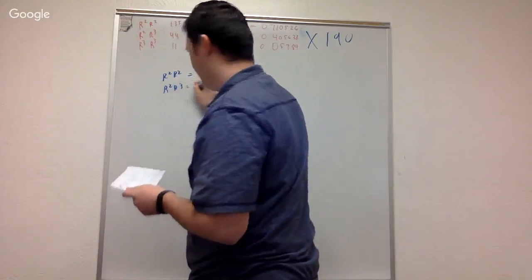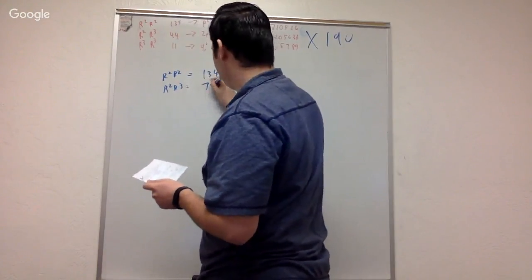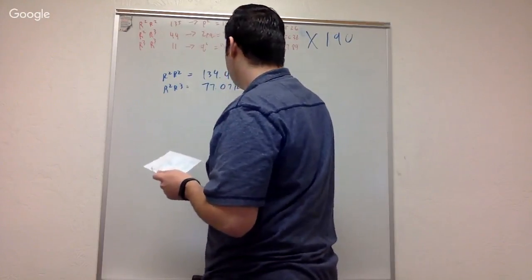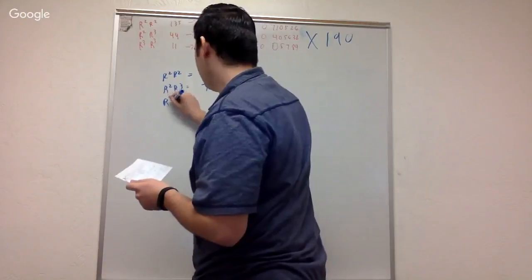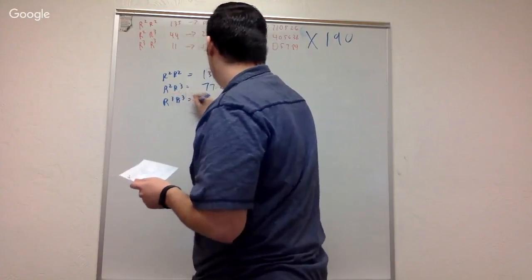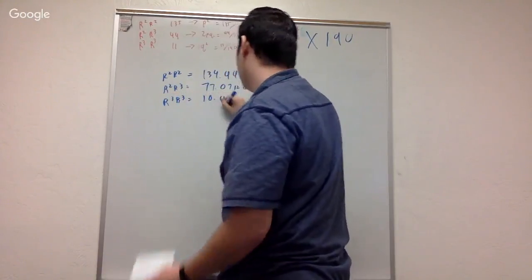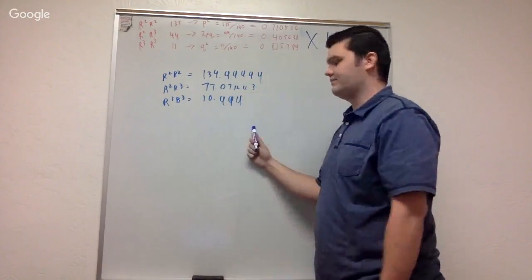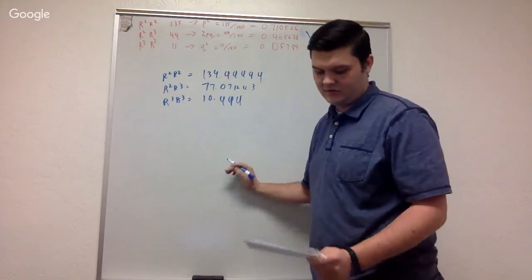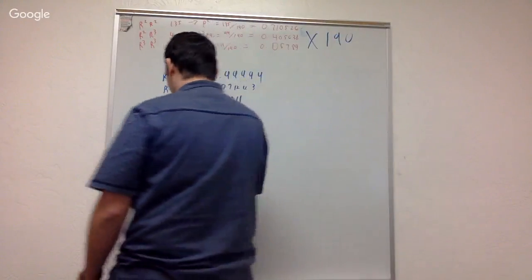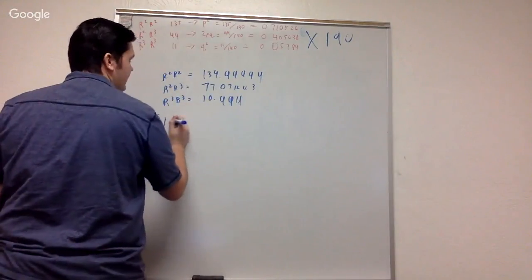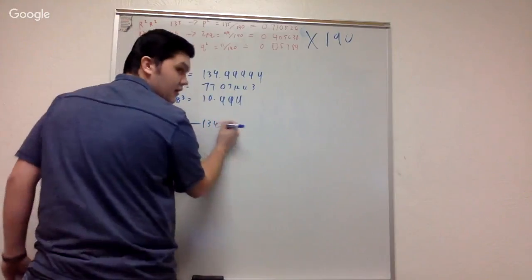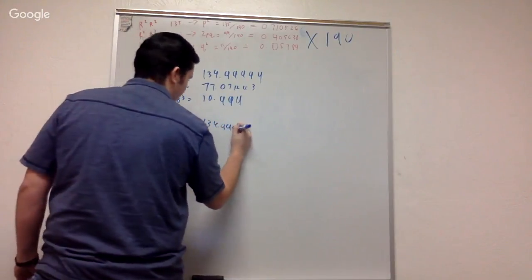R2, R3, we expect to get around 77.071293. And then homozygous R3, we expect to get about 10.999, those are 9s. So then, once we have our expected, we just do a normal chi-squared test, plugging in what we got, 135 minus our expected, 134.99